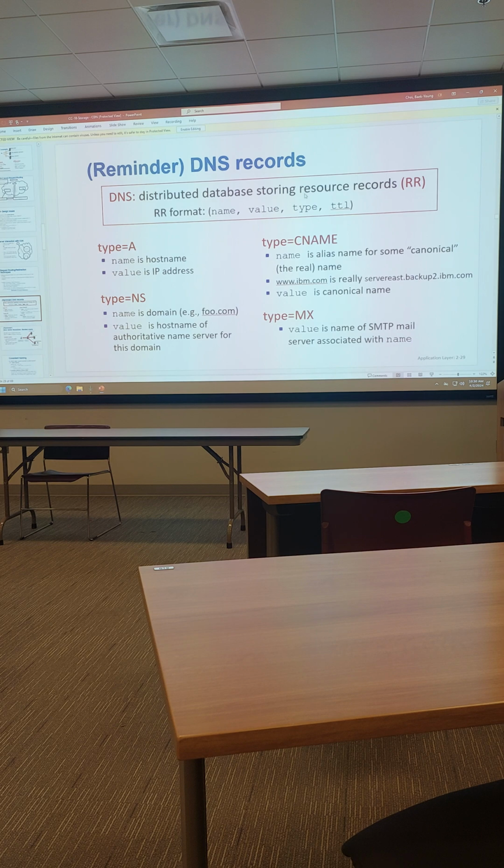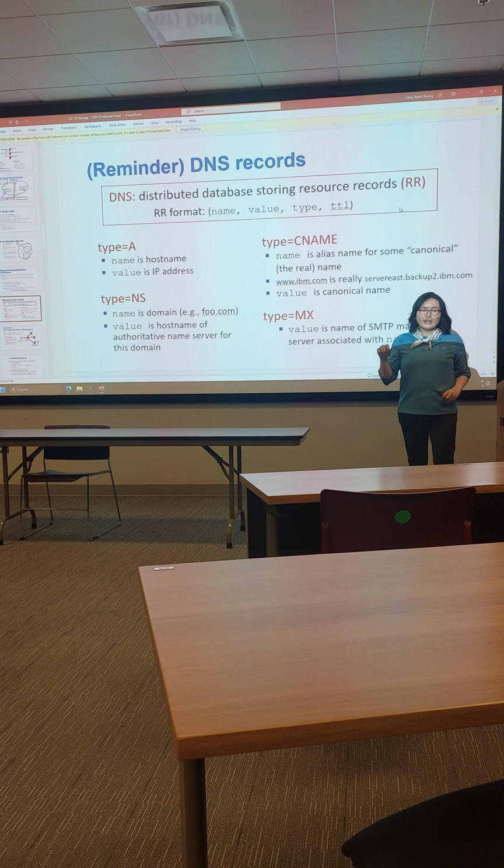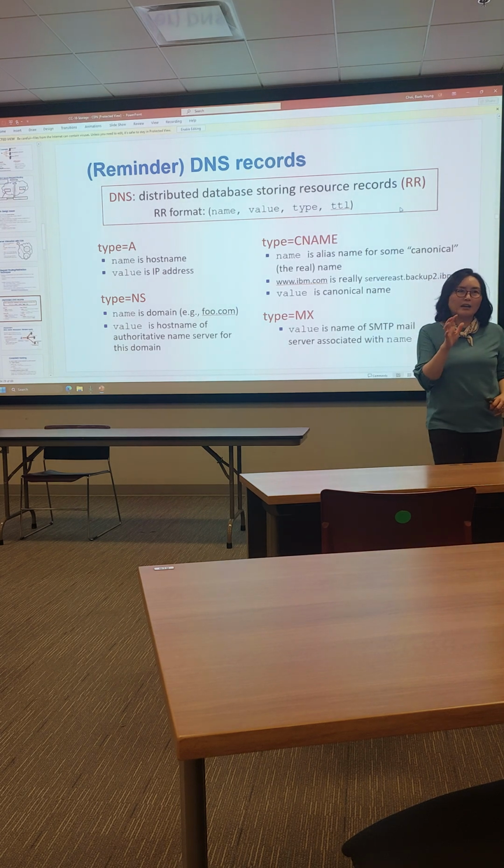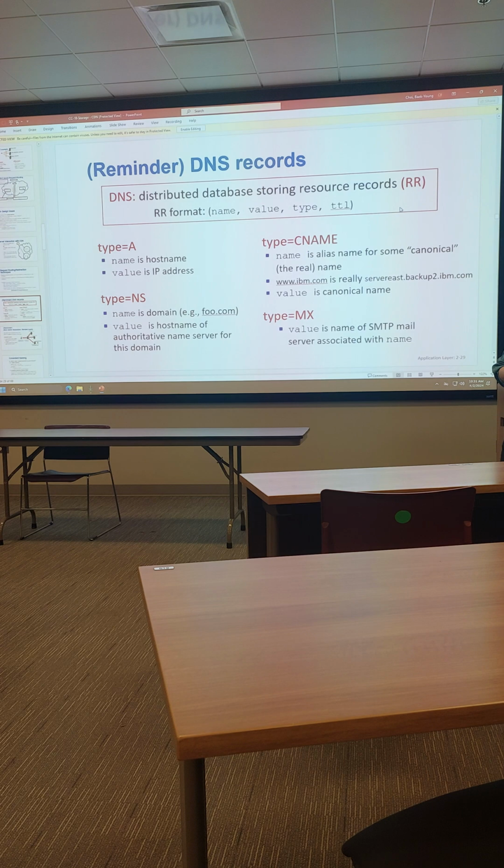Simplified resource record of DNS. There are a few more, but basically it has a name, value, and then time. TTL is not IP TTL; it's an actual time, on the order of a few minutes. So here, the name, for example, would be a domain name, and value would be an IP address. In that case, this record type is A.